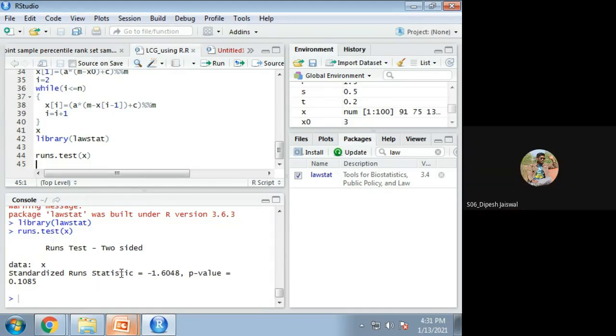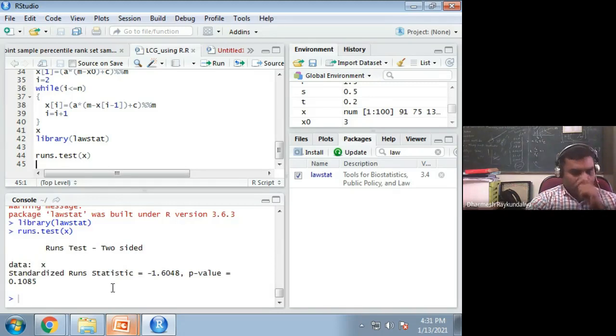The runs test is saying that whatever data we have generated is independent of order, so they are random. That means whatever methods we have applied are working. But this is the only one test we have seen. Not only the runs test, there are so many tests that we have to see. I will tell you the names of the tests later, and we will see them one by one.